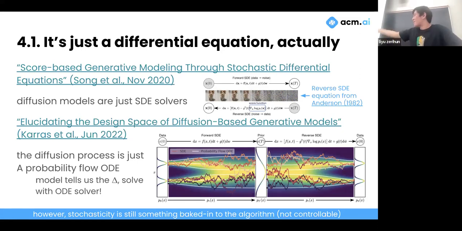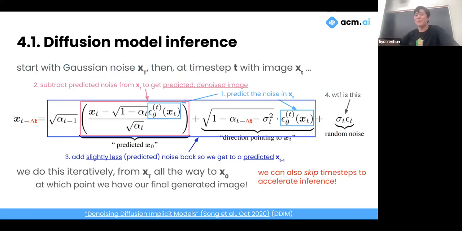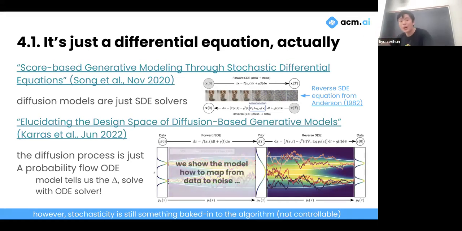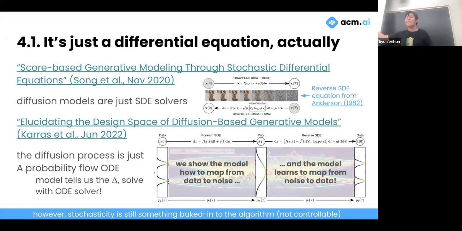Basically, later some people developed a bunch of methods. This sampling process is actually just the Euler sampler, by the way. You may learn this in Math 33B, and you can use second order solvers to do a bunch of things that people milked a bunch of papers out of. But the point is, this is how most people look at diffusion models nowadays. It's just this kind of differential equation. So again, we show the model how to map from data to noise, and by doing so, the model learns to map from noise to data. And that's the basis of how diffusion models work. Does that make sense before I move on?